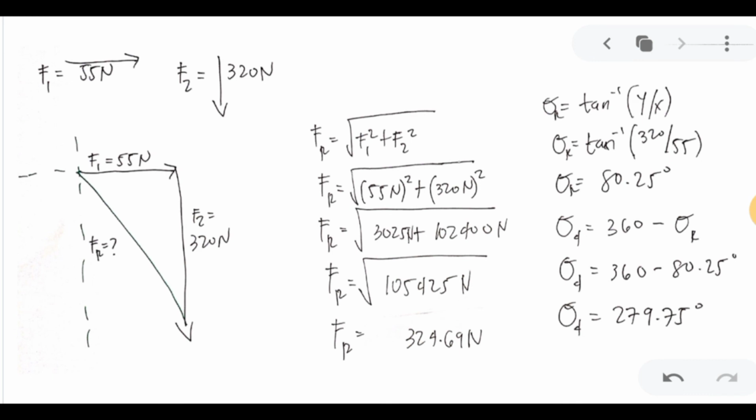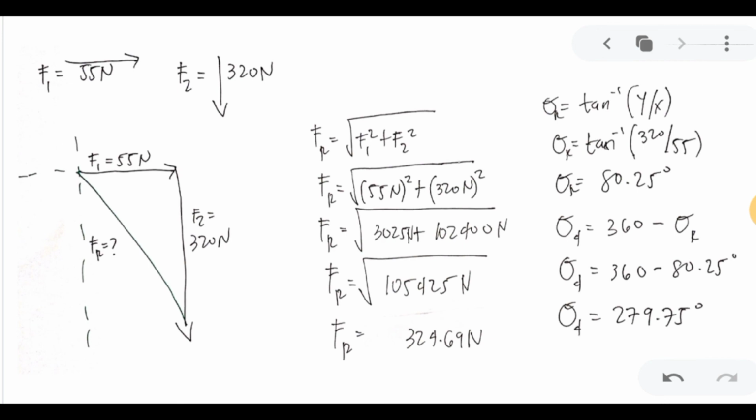Now, to find the direction, you have to use the reference angle, which is equivalent to the inverse tangent. The value of your y is 320. The value of your x is 55. Calculating that on your calculator, that is 80.25 degrees. Now, to find the direction on vectors on quadrant 4, that is 360 minus the reference angle, which is 80.25 degrees. Getting the difference, that is